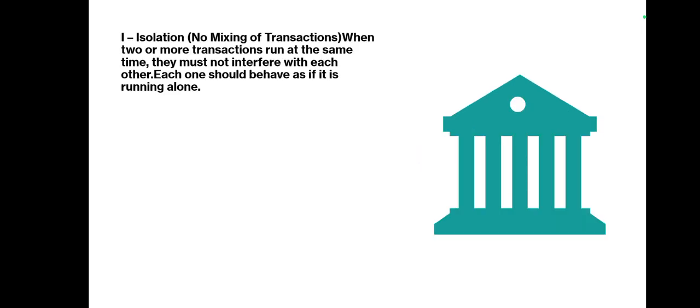Next property is isolation property. Here it in simple words means no mixing of transactions. So when there are two or more transactions occurring in the system at the same time, then they must not interfere with each other and each one should behave as if it is running alone. In simple words, if there are two transactions occurring in a database system, then it should not interfere with one another, which means if there is one transaction, suppose we are sending money from person A to person B's account,